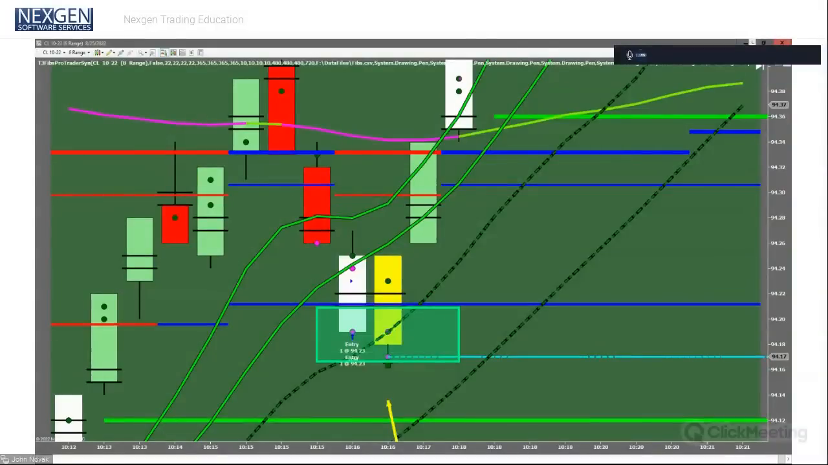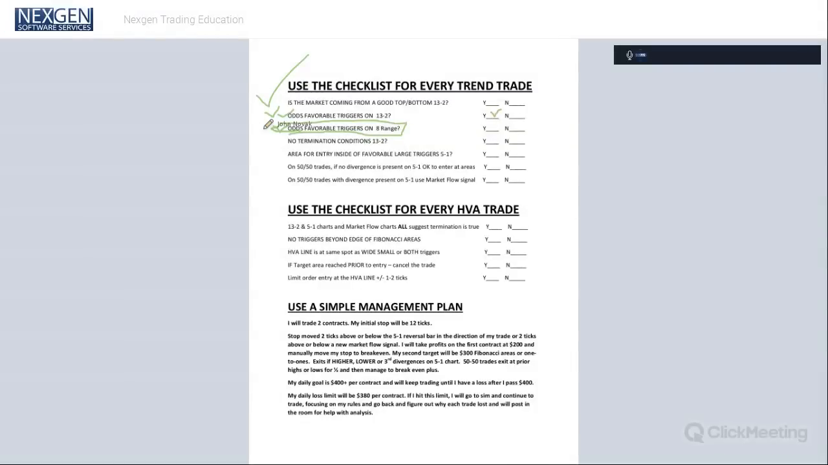Is everybody 100% clear on what I'm talking about when I say odds favorable triggers on an 8-range chart? Right on. And then look, no termination conditions on the 13.2 has to be true still. And we talked about the 13.2, and we'll talk about it again. And we were talking about,